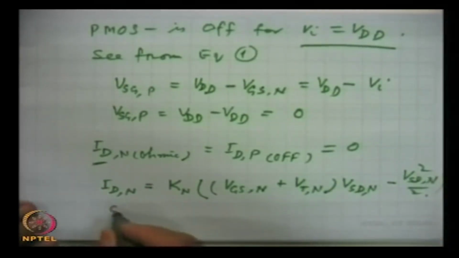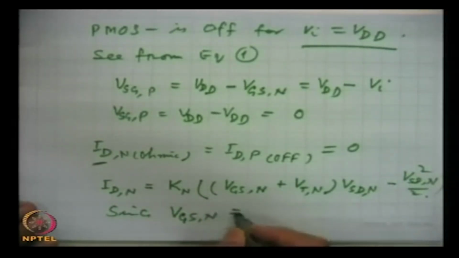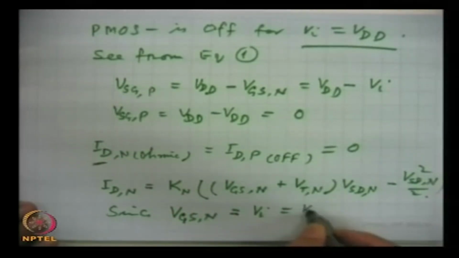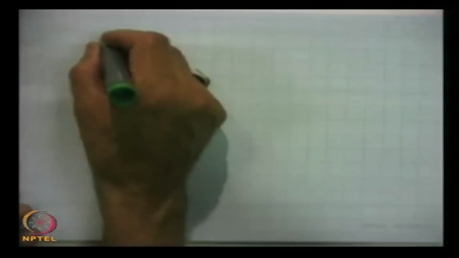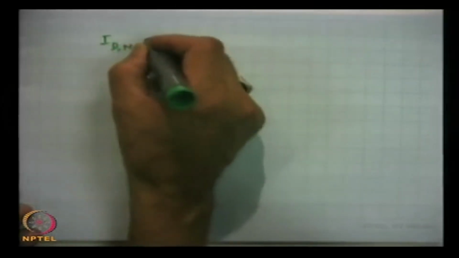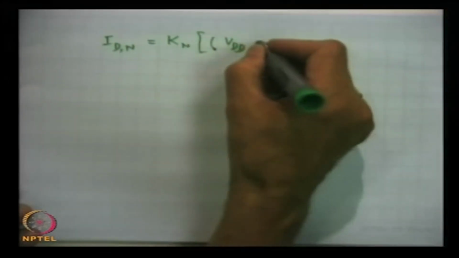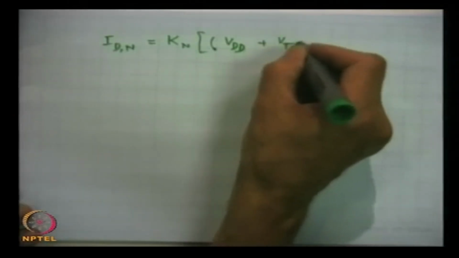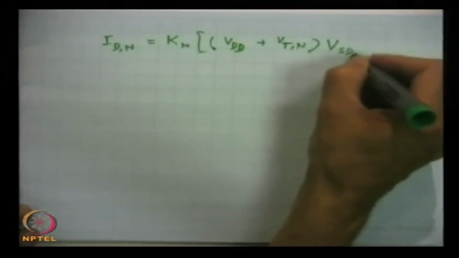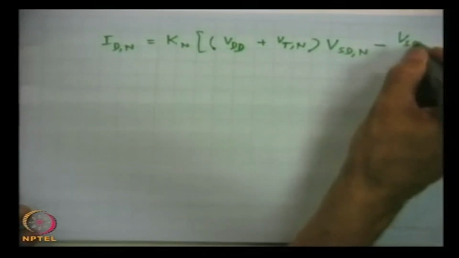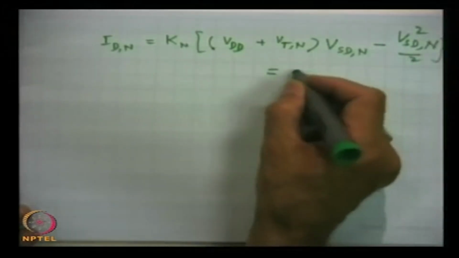And since VGSN is equal to input, which is VDD, we replace this by VDD and we get IDN equal to Kn, VDD plus VTN, VSDN minus VSDN square by 2. This is equal to 0,